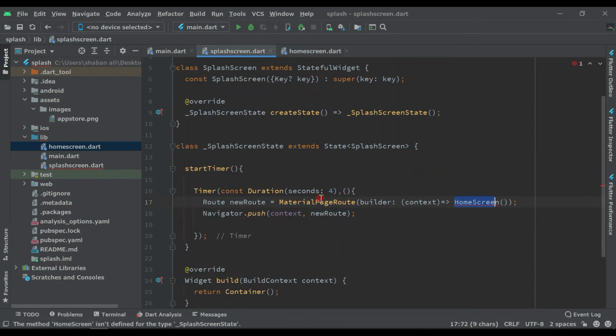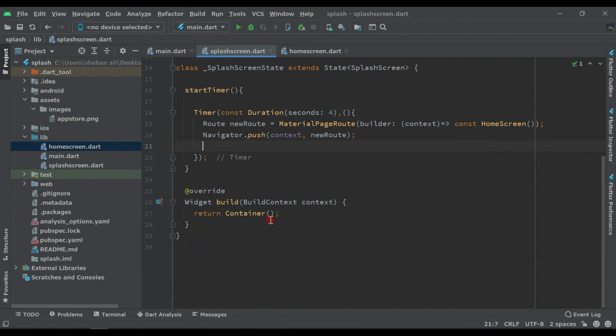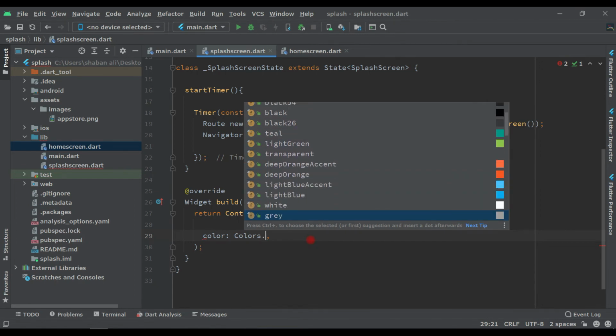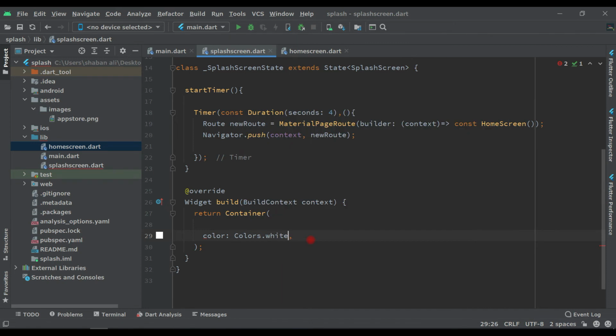So come here to the splash screen and click on this HomeScreen, import this. As you can see, the error has gone. Click again and add a const value here like this. Now here inside this Container, the color of this container will be Colors, let's say white, and then child Center.